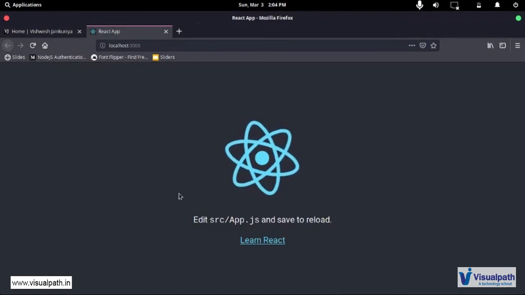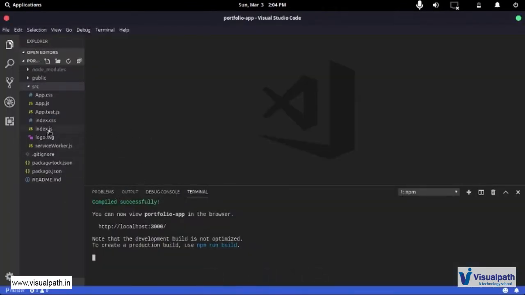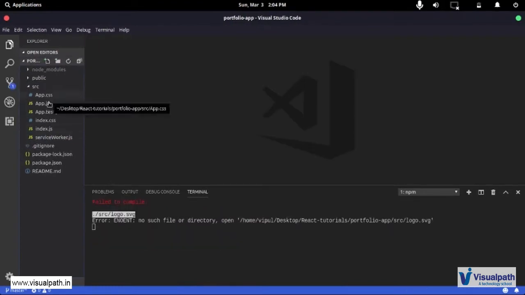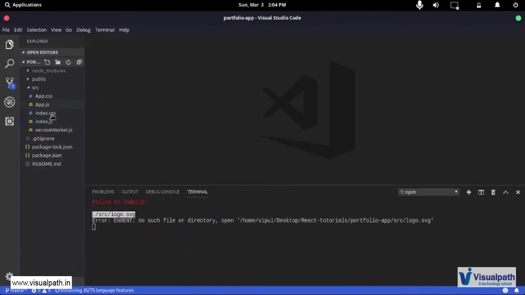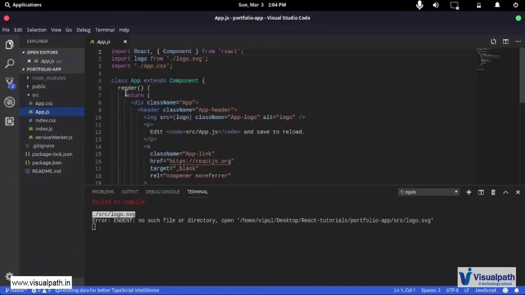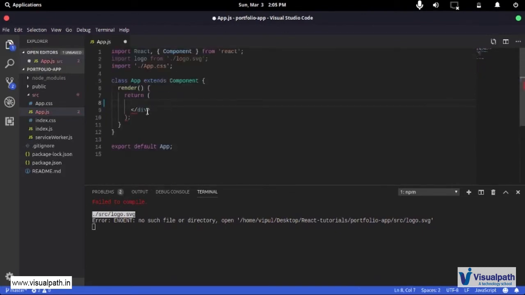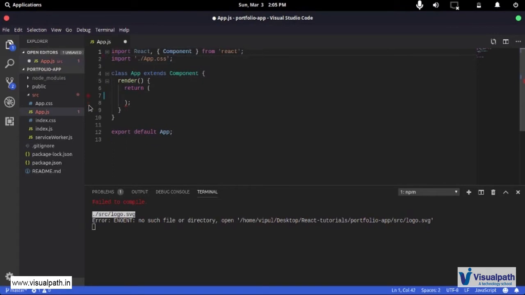So this is what we get currently, and I want to clean this. So first of all, I want to delete this because I don't need this. Second of all, I'm just going to delete this test2 for a while, because I don't need those tests right now. Then I'm going to go back into app.js, and I'm going to remove this whole bit because I don't need it as yet. So I'm just going to remove this and this div. Then I'm going to remove this logo reference because I don't need this.